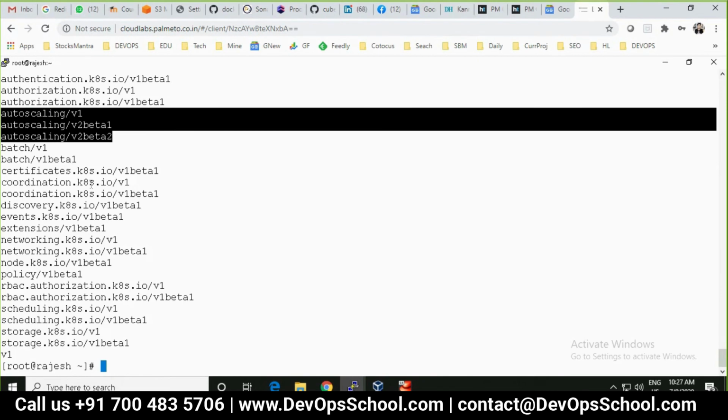So if tomorrow version 2 will be stable, so I will not see version 1? No sir, you see that selected one, you have answer. Auto scaling version 1 is also there. Auto scaling I have. Version 2, beta 1 also supported. Beta 2 is also there. So if you see in the version, this is the latest one. In the latest one, if you want to see which API and which version is supported, you can see from this command, two commands. If it is not listed, then is the concern. You have to downgrade your Kubernetes.